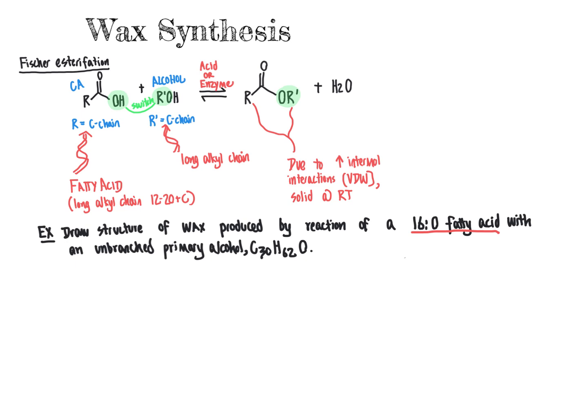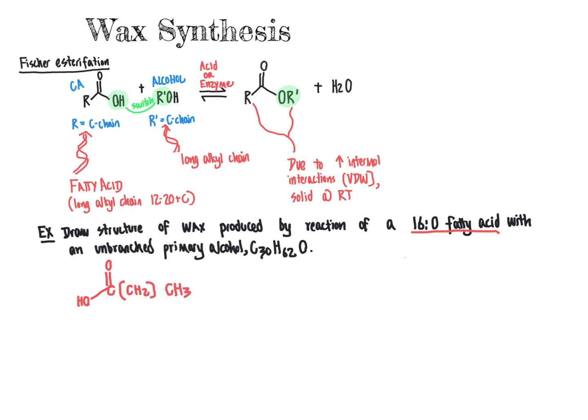In my opinion, the easiest way to draw this structure, rather than doing a line angle formula, is to do a condensed structural formula in this case, where I'm going to place at one end my carboxylic acid group. Then, in order to reach my 16 carbons in total that is required for a 16:0 fatty acid, I'm going to plug in CH2, because we have a long alkyl chain, and within that long saturated alkyl chain, we must have CH2 groups throughout. And then at the very end, we would have a CH3 group